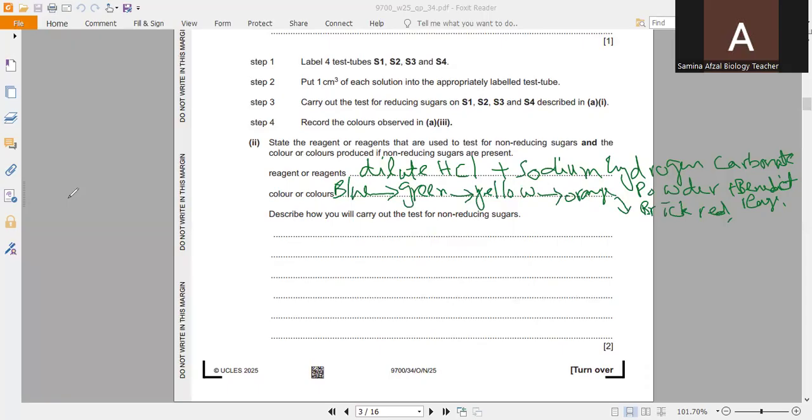So any one of these colors except blue will show the presence of non-reducing sugar. Now describe how you will carry out the test for non-reducing sugar. So again, we will take solution in 4 test tubes and then we will add,